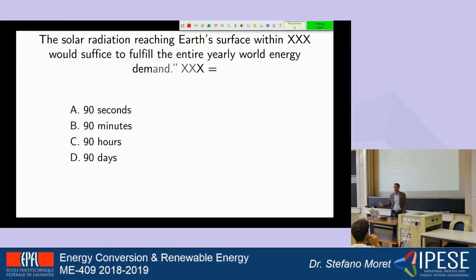So now, this used to be a question, but Francois spoiled it, so this is actually more an exam now. If you listened carefully to what Francois said before, moving to renewable energies, try to complete that sentence. If we were to check the solar radiation that we have on Earth in a given amount of time, and the question is how much time, that is enough to fulfill the entire energy demand of the world.